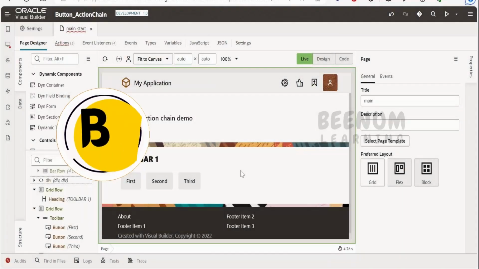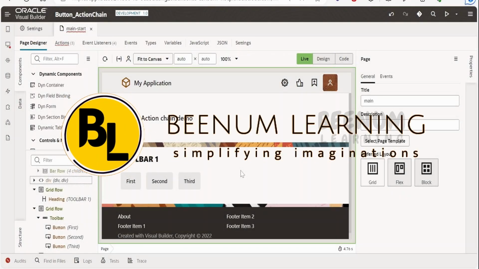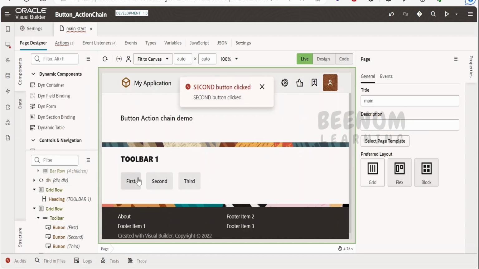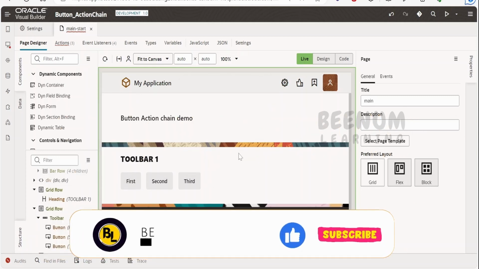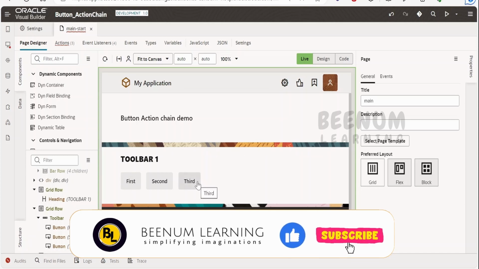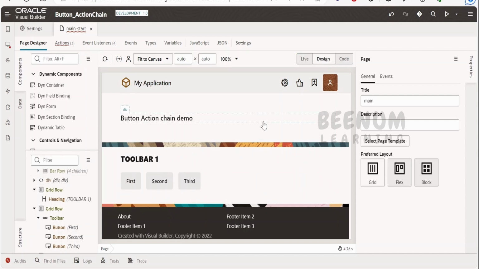Suppose you have a requirement in your implementation wherein a common action chain must be called from all or multiple buttons in your page in a Visual Builder application. We are going to look at how to achieve that in this class. For this use case, I have created a simple page wherein I have placed the toolbar,